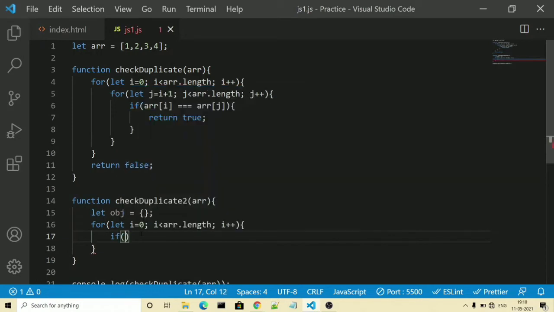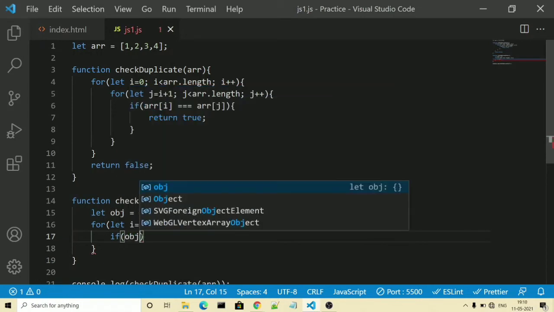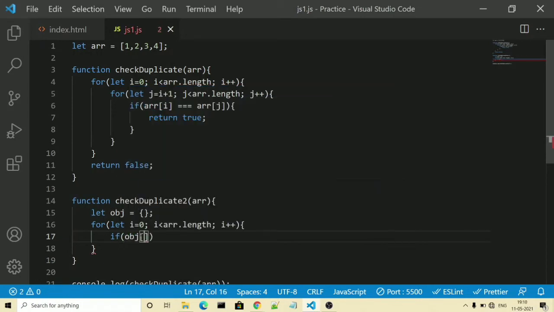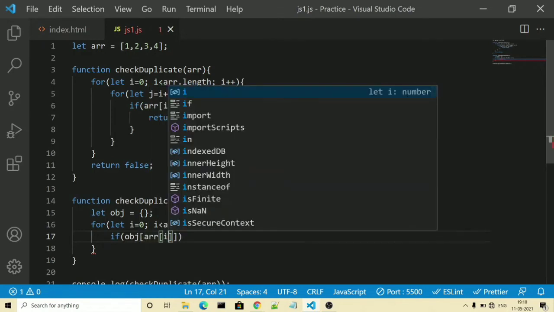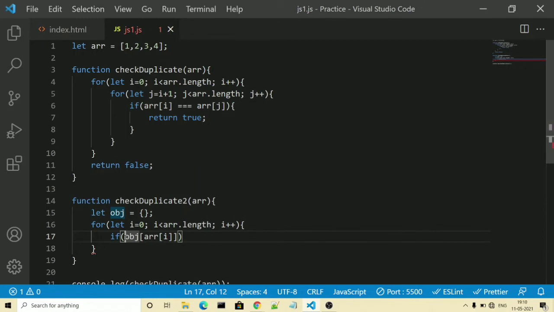So we will write if obj and inside that we will check arr of i. If it is existing, then return true. But first of all, if it is not existing, we need to push it inside the object. So we use the not condition. After that, we will copy this thing again and say if it is not existing, then assign it a value of 1.